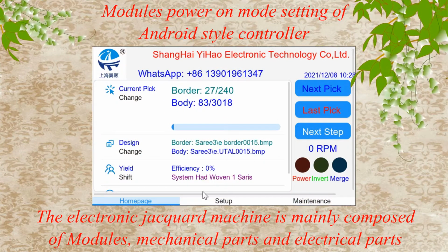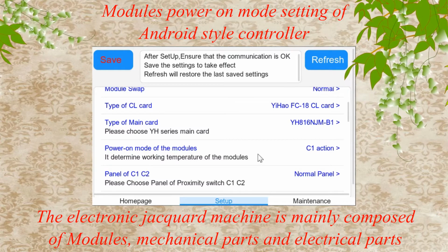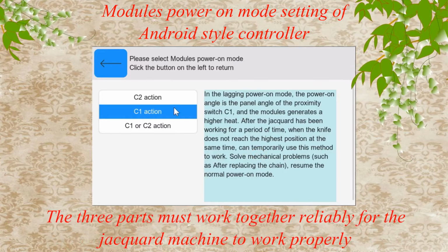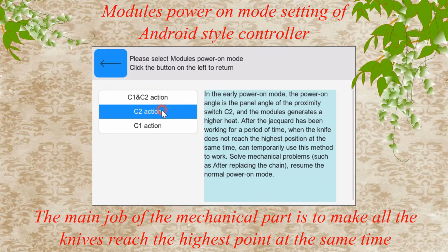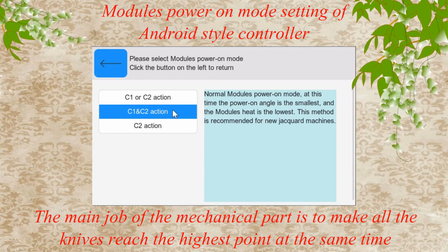The electronic Jacquard machine is mainly composed of modules, mechanical parts, and electrical parts. The three parts must work together reliably for the Jacquard machine to work properly. The main job of the mechanical part is to make all the knives reach the highest point at the same